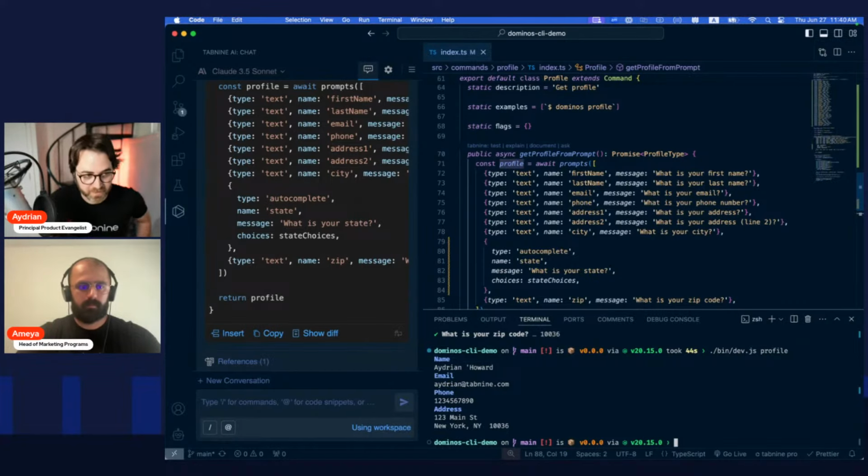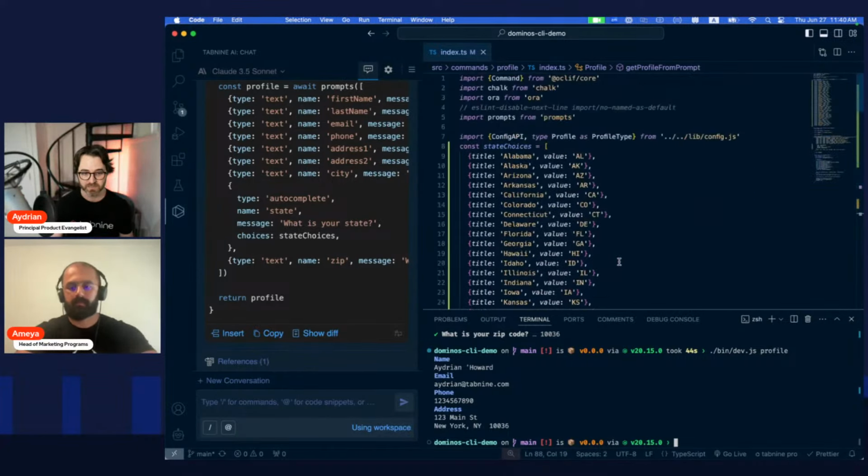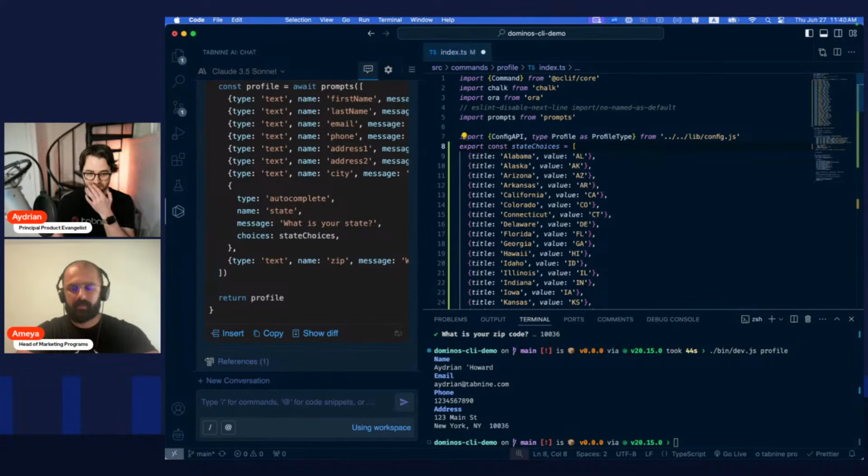we have our thing. The second thing that I was going to do for this ticket is we also have the ability to update a profile. And so basically we would do the same thing, except here, what I would do is take this and export this. So that way we could use it in another file. And then we just go over and make the same changes to the update as well. But if you have any questions about that, I thought this was pretty cool, just being able to walk through, talking to Claude 3.5 Sonnet like I would talk to my neighbor.